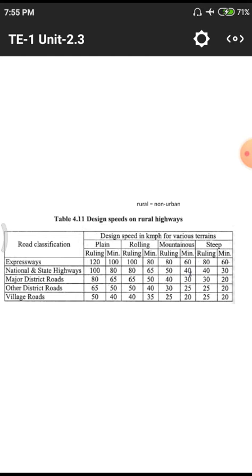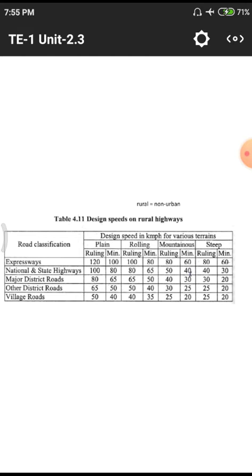All those things are not remembered. That means remembering those values is not possible. Why? Because they are directly given in tabular form. That means all those are prescribed in the Indian Road Congress. They have given directly to these officers who are working on those particular roads and other design purposes. So they have to see those values and they have to implement them on those particular curves.